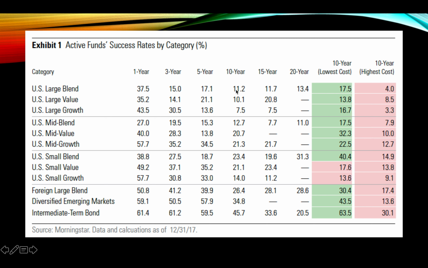Only 11% of large cap stocks, only about 20% of mid cap value and mid cap growth mutual funds outperformed the indexes. And even in the international space, not a lot there. And even in the bond space, not a lot there. And the further you go out, typically the lower the percentage is. If you break this between low cost funds and high cost funds, what you find is that the high cost mutual funds have an even lower 10-year percentage. The lower the cost of the fund, the better the percentage.